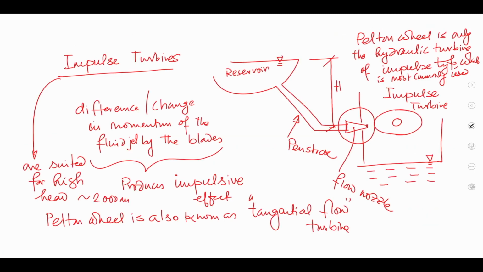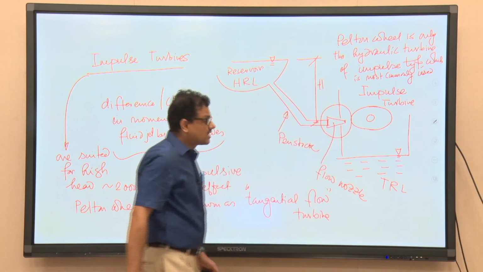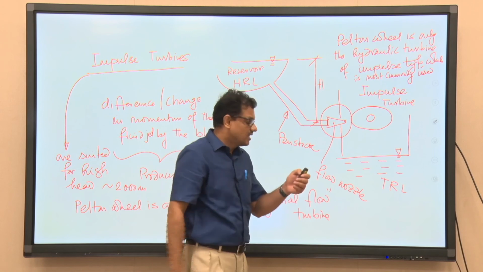And that is what we have shown over here, that is the tail race level. This is known as TRL, the tail race level, and this is known as the head race level. So, after striking the buckets, the liquid will be collected in this place, which is known as the tail race level, and there is no energy transfer when liquid is passing through the runner of the turbine, and the entire energy conversion takes place in the flow nozzle, and that is why it is not necessary that